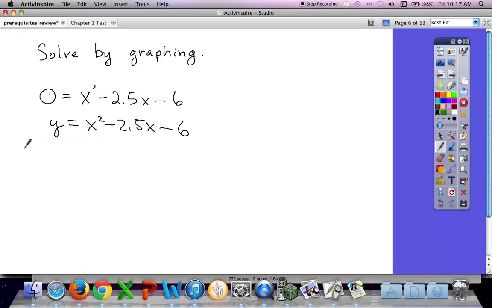And then where will we look for the solutions? Josh, on the x-axis. Yeah, because where y equals 0, that's where we get our solutions. But where does y equal 0? On the x-axis. So we'll look for the x-intercept. So in your calculator,